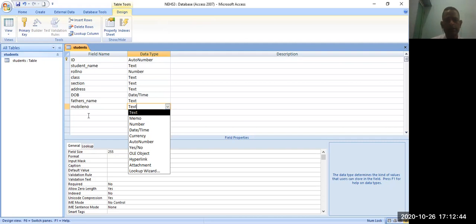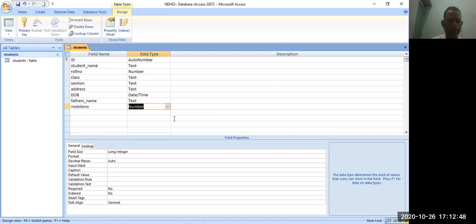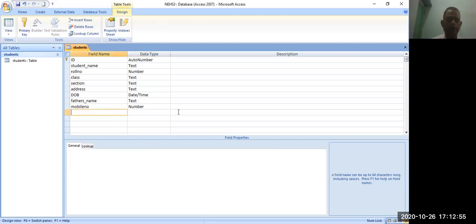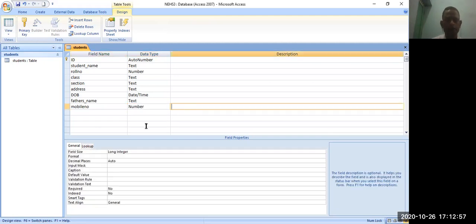Otherwise you can select text, because we don't need any calculation. Sometimes you also need to write an STD code; in that case keep in mind the number of characters. Now you are able to create tables. Just press the save button here.